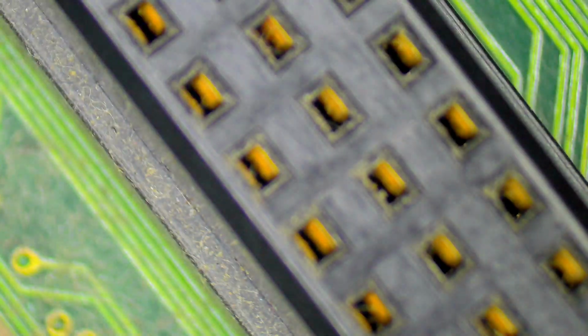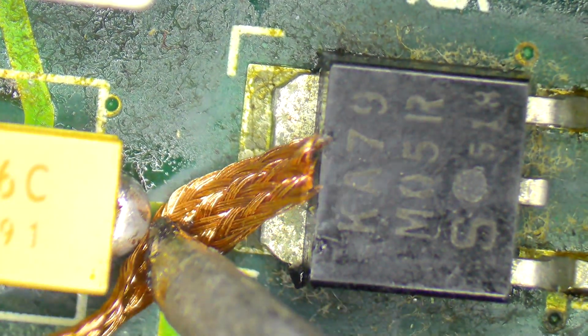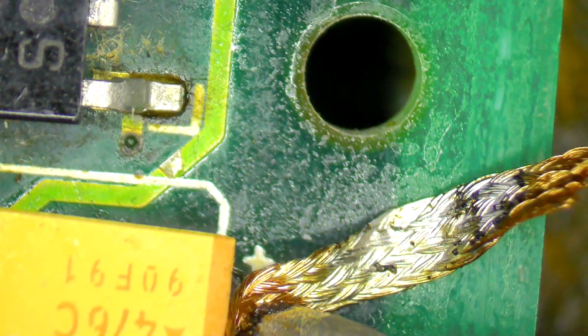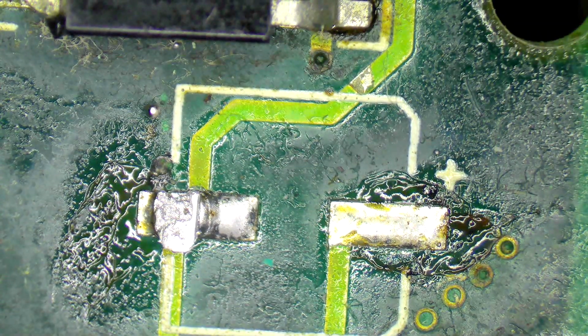Then I'm going to flip the board around and wick away the other side. Clean that up there. Get a little bit more solder off. There we go. Right, so I've actually got that component off now. And I'll do the same with this one. There we go. Right, so let's take those two components off,